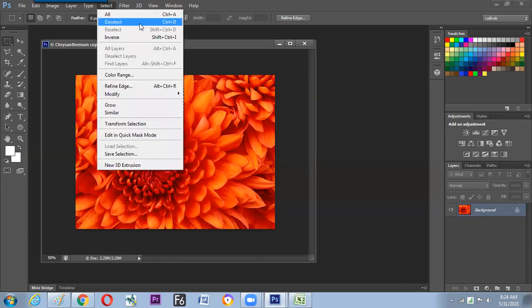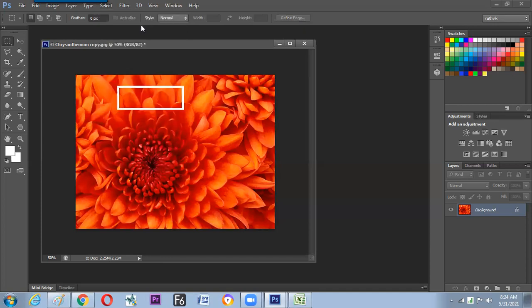And here you can find the keyboard shortcut Control D, right? And the selection gets turned off.